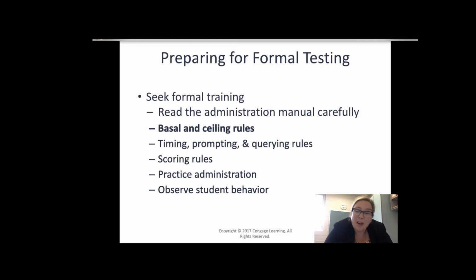Make sure you're aware of other procedures such as timing and scoring, as well as what types of prompts or supports you can give, if any. Finally, you want to make sure that you practice how you're administering this test and observe the student to make sure that they are ready and willing to take the test so that you're not providing an undue hardship giving this test,